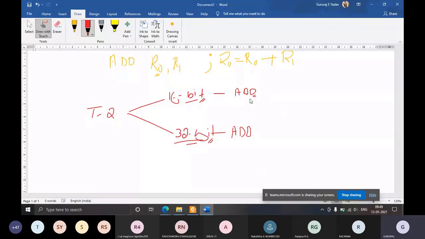If you want to use a 16-bit version of the add, then you can choose it using the UAL. That is why it was invented, so that you can easily select between 16-bit and 32-bit instructions. If you want to select the 32-bit version of add, you can select that also. We shall see that. So remember, the instructions can be available in both 16-bit and 32-bit, but it is left to the programmer to select which version he wants to use, whether the 16-bit version or the 32-bit version of that instruction.